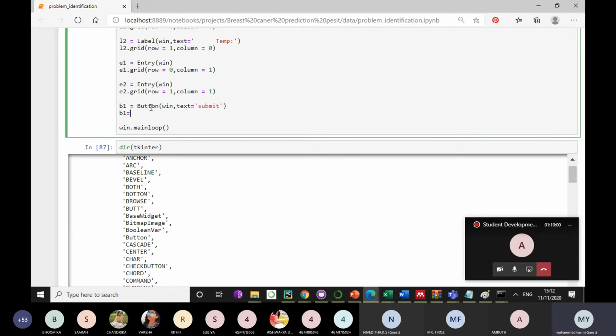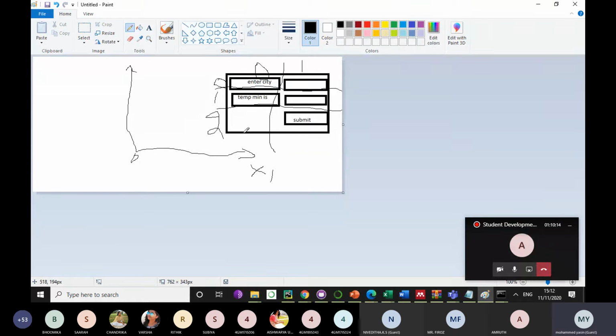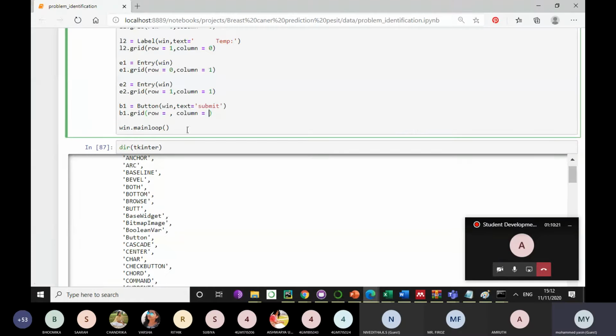I want this button to be where? Can anybody help me out? Which grid should I put it in? What is the row and what is the column? Row is how much? Row 2 and column 1. Okay, row 2 and column 1.